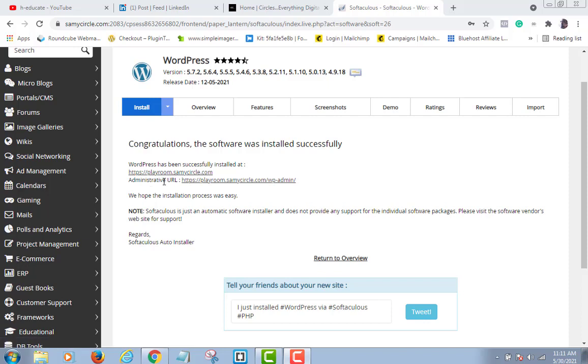Now this administrative URL is the address that will take you to your WordPress admin dashboard. That is, what is your WordPress admin dashboard? Your WordPress admin dashboard, we can also call it the back end of your website. So this is where you get your website ready, this is where you write your blog, this is where you design your own page, and everything you do here is what you will see when anybody logs into the front